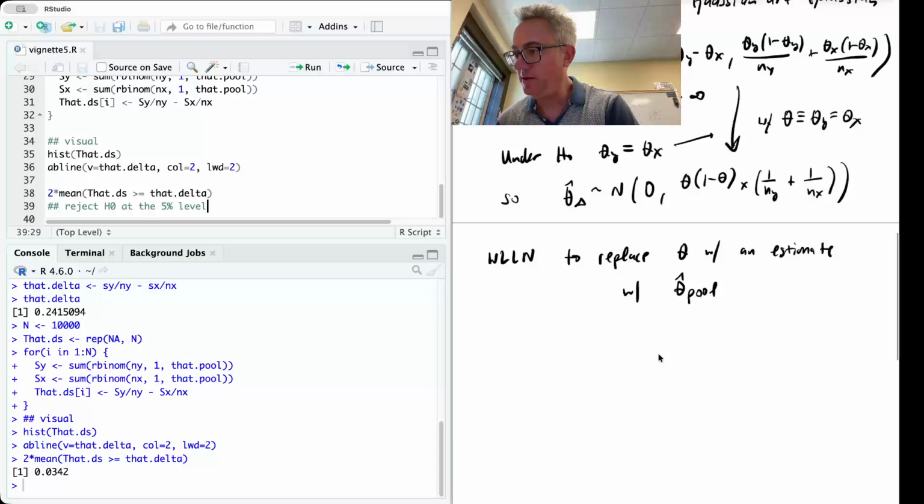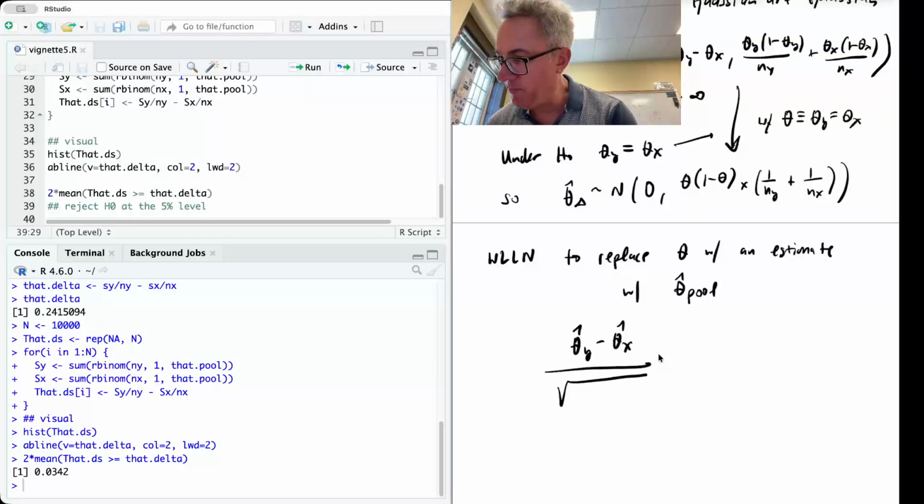So that gets us a standard error that we can calculate. So we can do the estimate, which is theta hat delta, which I'll now write out as theta hat y minus theta hat x. And then there'd be a minus 0 here, but we don't usually write minus zeros because that's what we get from the null hypothesis, divided by the square root of theta hat pool times 1 minus theta hat pool